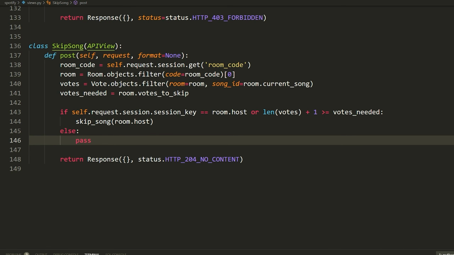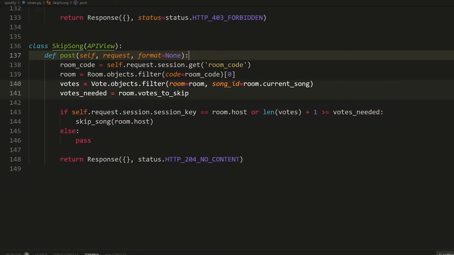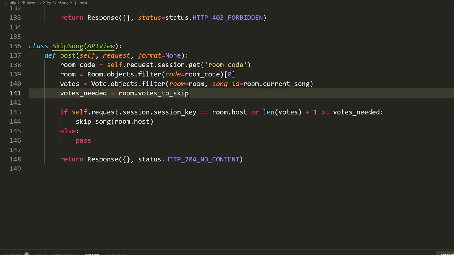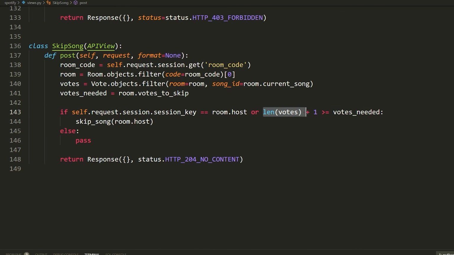So just to explain this quickly, when we call this post request, this is someone requesting to skip the current song. So we check the amount of votes we currently have, because we haven't added a vote for this person yet, and that number plus 1, so including this person's current vote, is greater than or equal to the number of votes we need to skip the current song, we should skip the current song. So that's what this logic is doing: checking how many votes we had and saying, okay, if that plus 1, including our current vote, is greater than how many we need, let's skip the song.